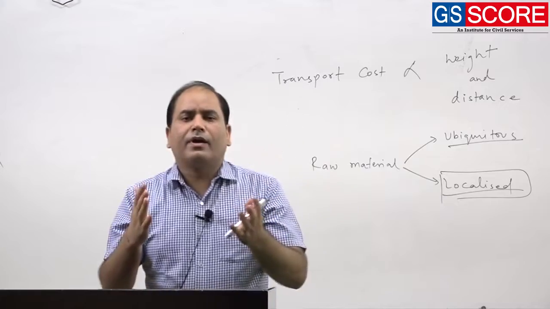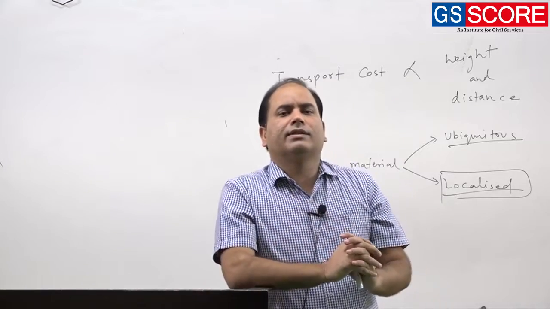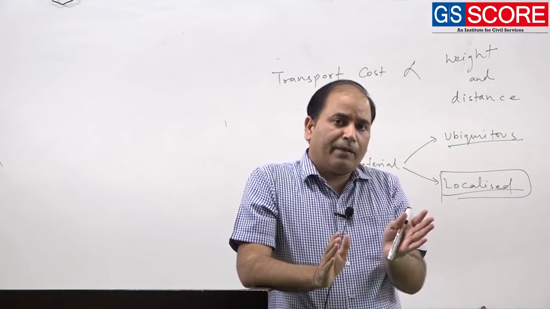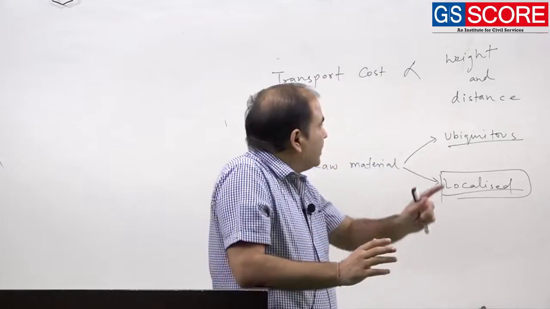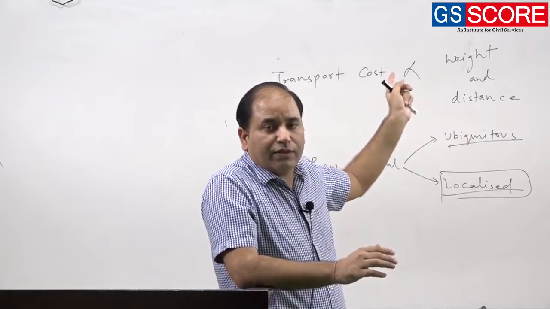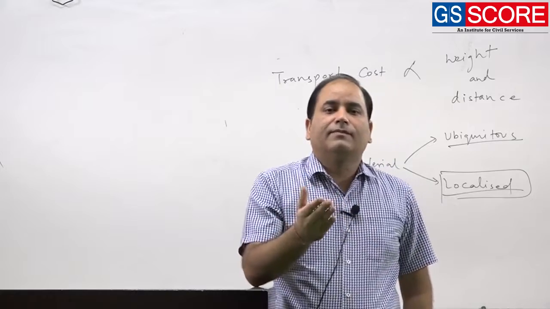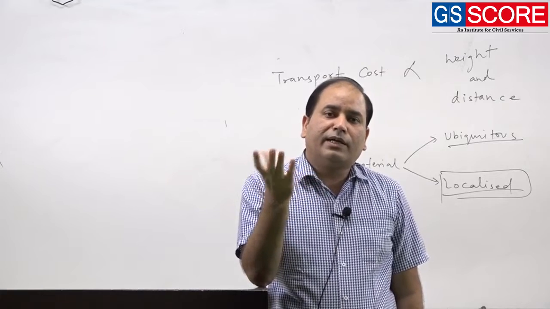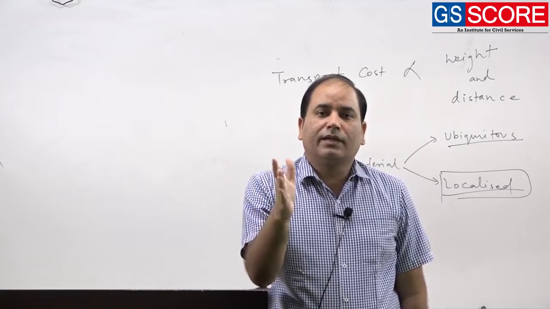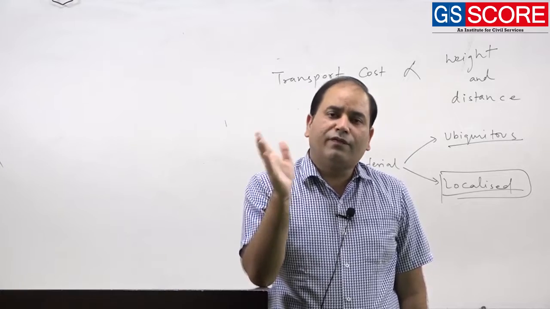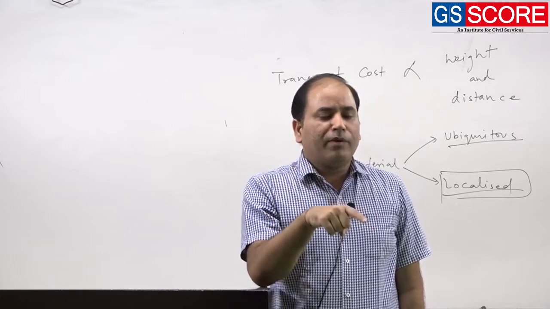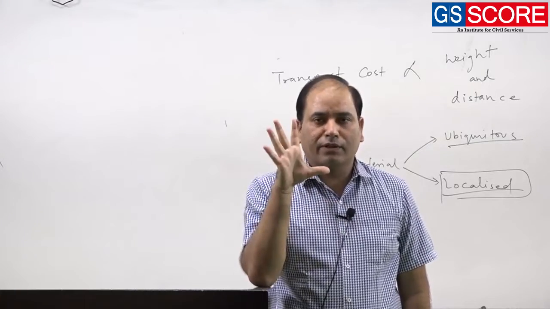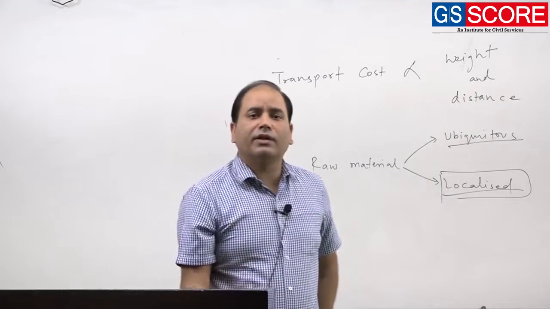So the whole idea of Weber: initially he was trying to come out with a least cost location theory, but in the end his whole least cost became the least transportation cost. He suggested that whatever the input cost, whatever the cost of production that can be curtailed, it is associated with the transportation cost. So if you want to set up the industry, the optimum location of the industry will be where you will have the least transportation cost.